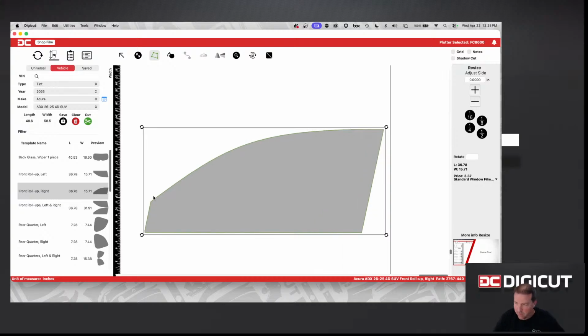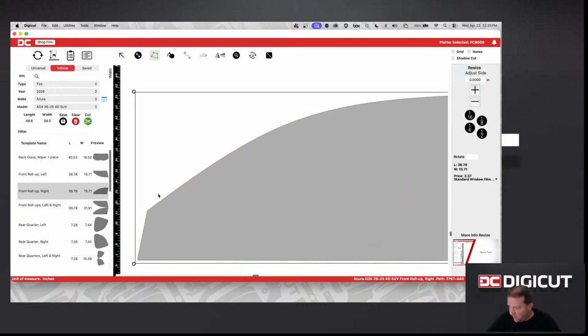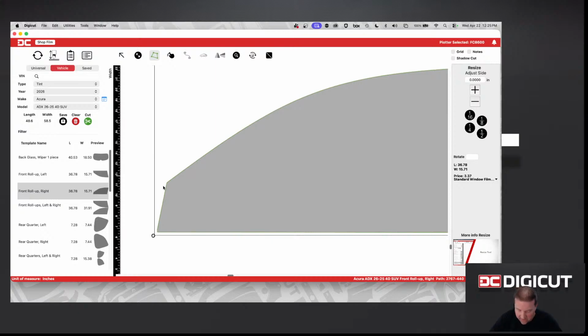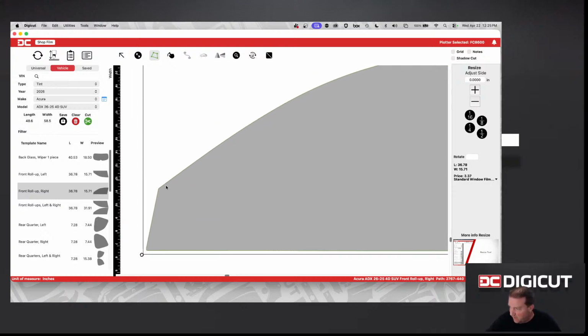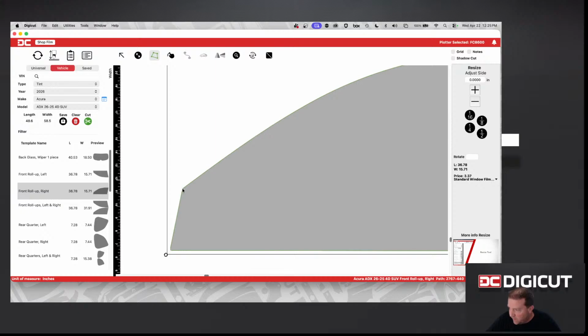Most people, because of other software that are out there, sign making software and graphics related stuff, want to put that node right there and right there on the corner, right? So you go, okay, I want to extend this out a half inch or whatever that number is. I'll do some crazy examples so you can see. So if I select right there and right there, right on those corners, and then choose a half an inch,